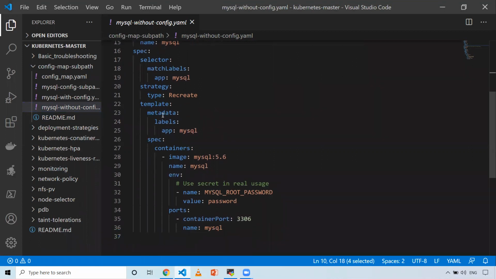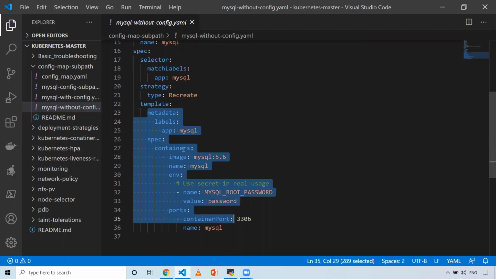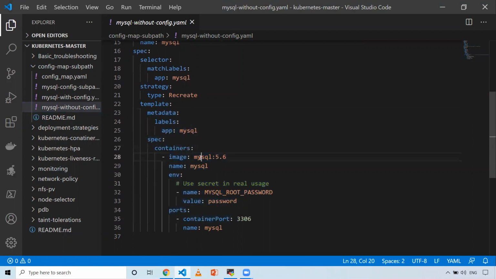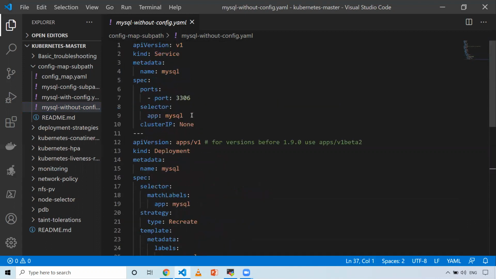Coming to the template, this is the pod definition. I'm using the MySQL 5.6 image, the name of my container is MySQL, and I'm defining an environment variable, MySQL root password, setting it as password. I don't have any config map here.